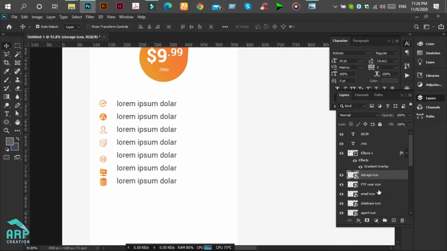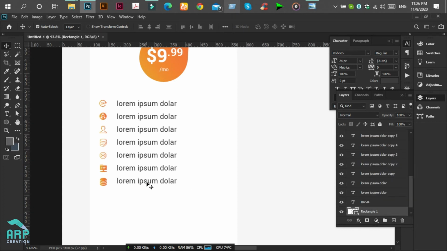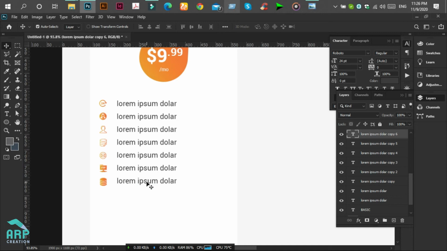Select all of these icons by pressing Shift on the keyboard, then click on distribute vertically. Okay, we will move this last content to the down section and also select these 7 type layers.